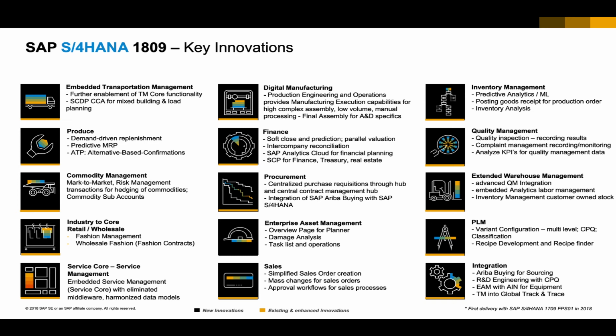SAP S/4HANA, especially 1809, is a complete ERP system that has feature completeness with the classical ERP and provides even more functionality than before in various areas: transportation, warehouse, quality, production. Unfortunately, I haven't shown you production processes now, but here we are really, really strong. To sum it up,